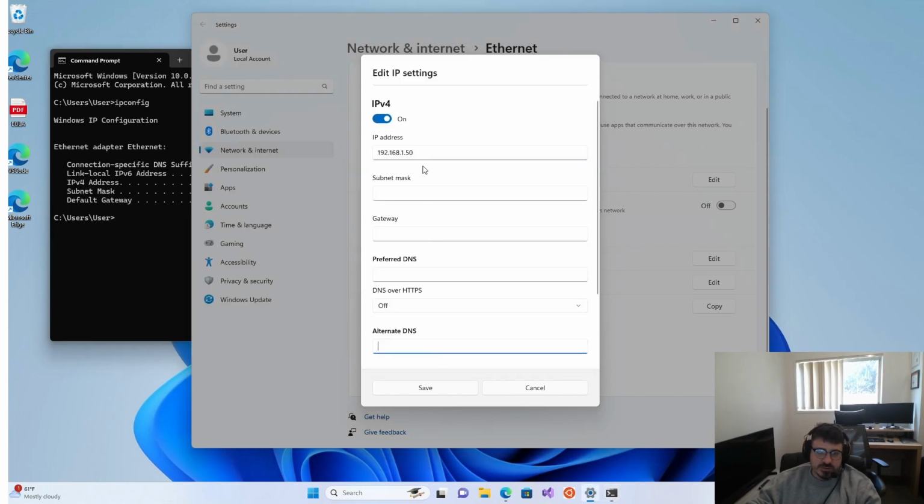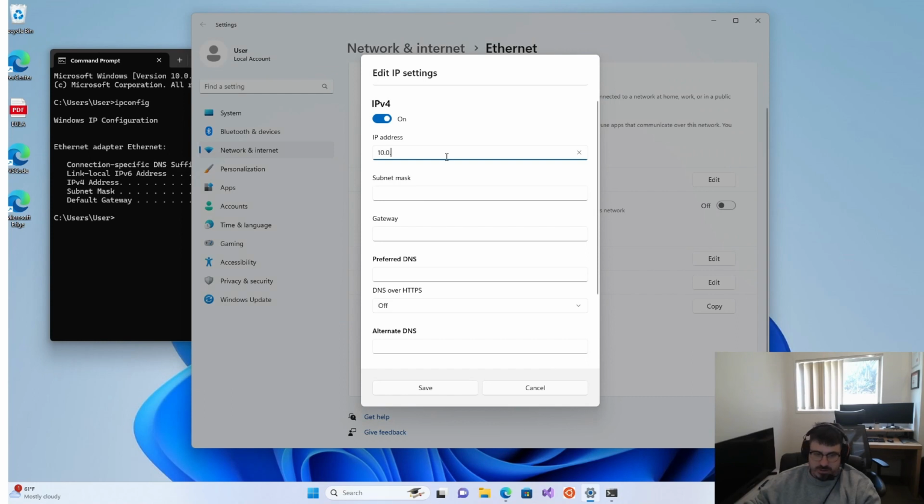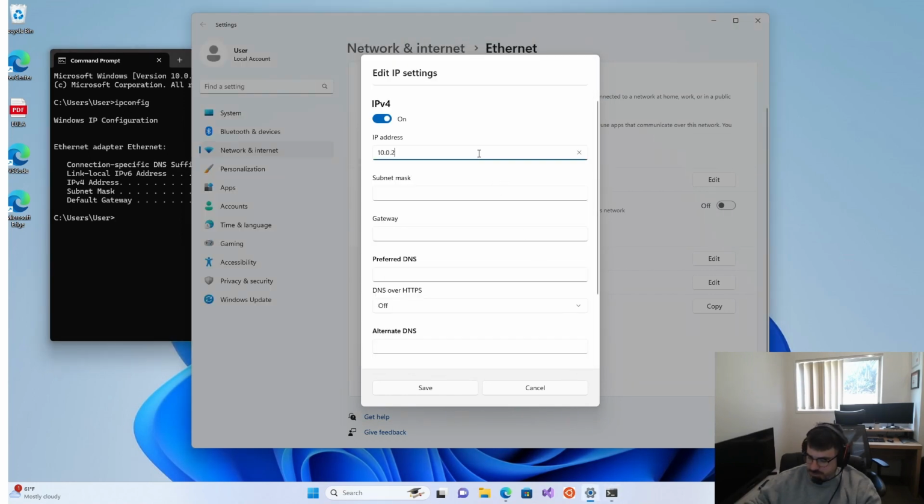So if this was mine, I'd do 10.0.2.whatever I want to allocate myself, maybe 10, or it could be 17. That last digit doesn't really matter to us, right? We just got to make sure that it's not going to be the same IP address as a device that's